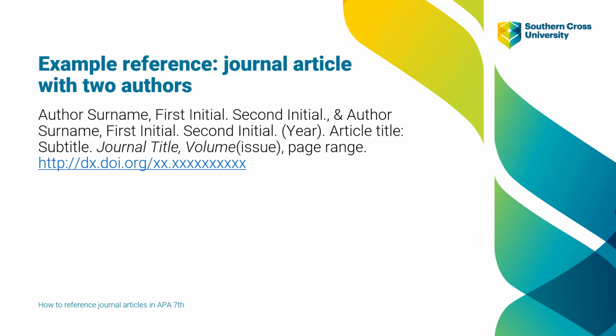Here I've copied over the template from the APA 7th referencing guide for a journal article with two authors. We're going to use this as a point of reference because this is going to tell me how to lay out all of this information I found and in what order. It's also going to give all of the required punctuation and spacing and other formatting that I need. So every comma, full stop, capital, space, bracket and italic font is all provided for me if I copy that template. So let's see how this would look with the information we took off our journal.